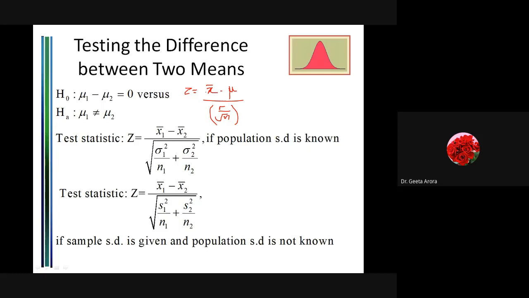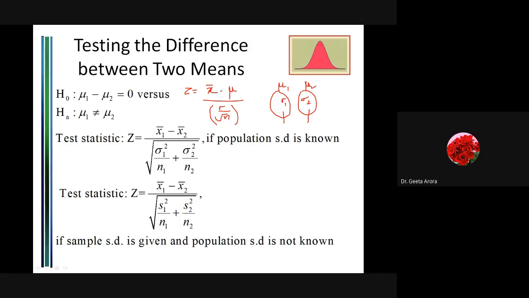Now here, in place of one sample we have two samples, either from the same population or from different populations, correct? Here we have assumed that they are coming from different populations. So if we have two populations, one and another, we are taking samples, one from here, one from here. We have the population mean as mu1 here and the population mean as mu2 here. The standard deviation is sigma 1 here and sigma 2 here.